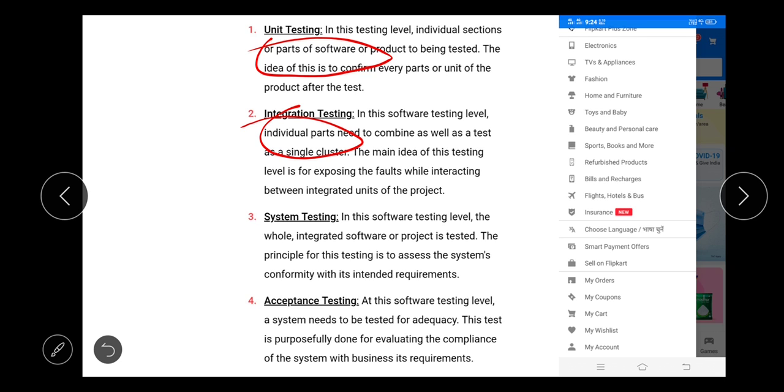Then we can form one option called a module. Then we need to test that module. Here a module is nothing but a collection of units, such that in integration testing we should test the modules.